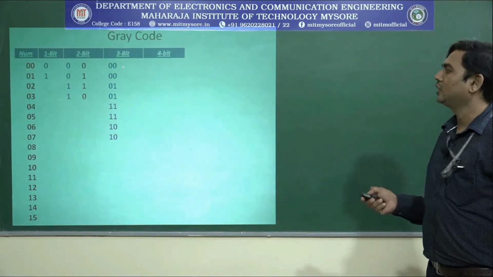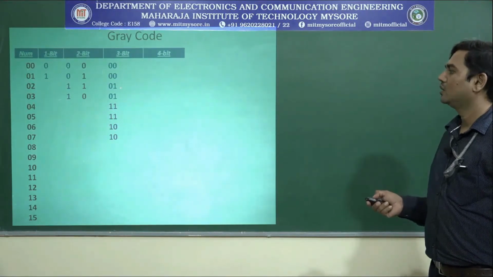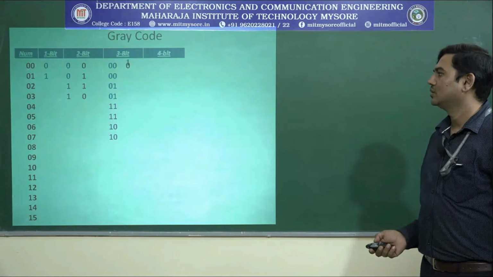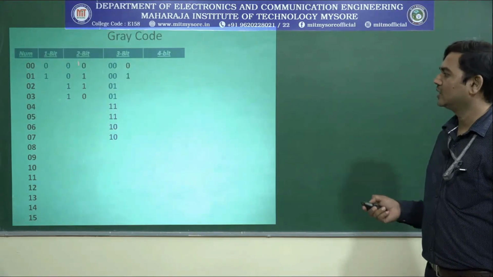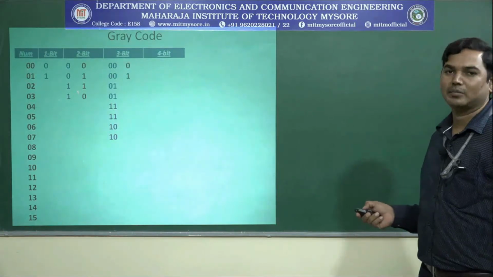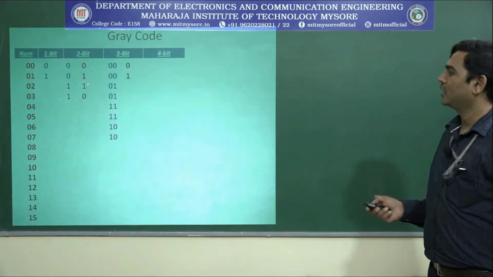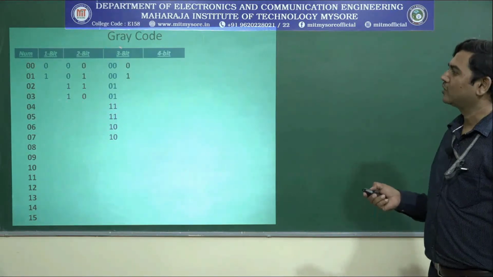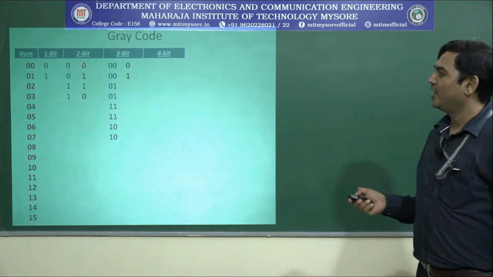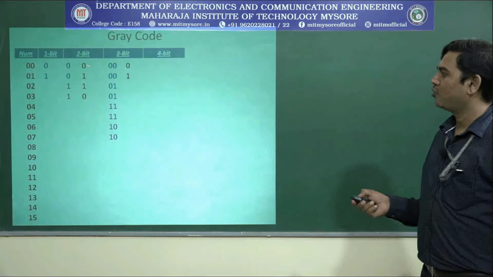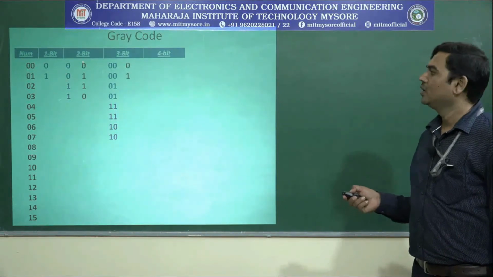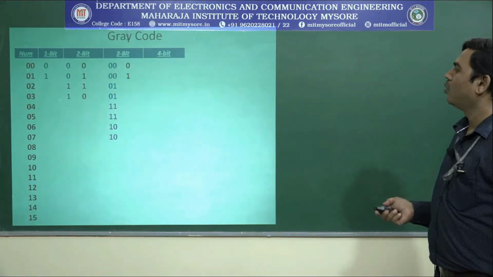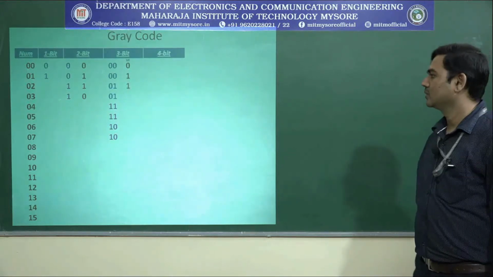So, the LSB will be again the toggle ones. Start with 0, 1. See here, 0, 1. What should be the next bit? Remember how we wrote the LSBs of the 2 bit representation. After writing 0, 1, you did not go with 0, 1. Continuous toggling will lead you to a binary representation. Here, we are trying to write a gray code. So, do not be in a hurry. Try to grasp what we are discussing in this place. You write 0, 1, then the mirror image of this, 1, 0. See here, we have 0, 1, next should be 1, 0.